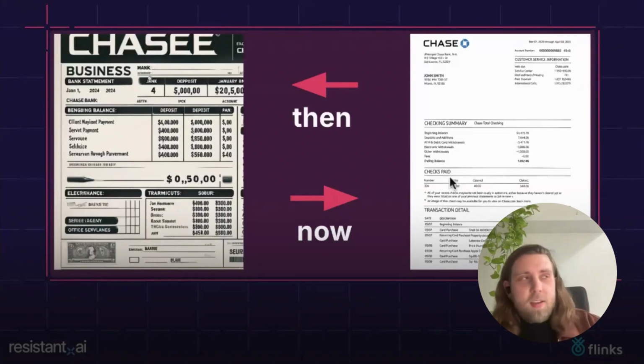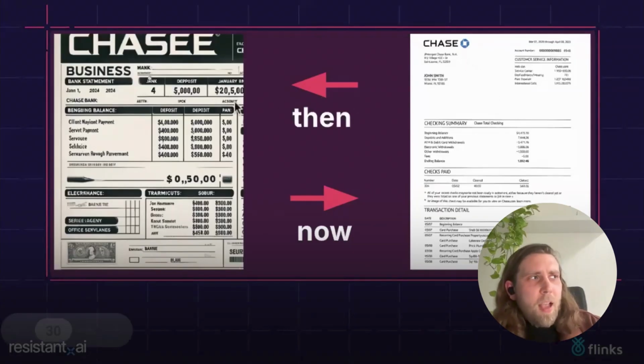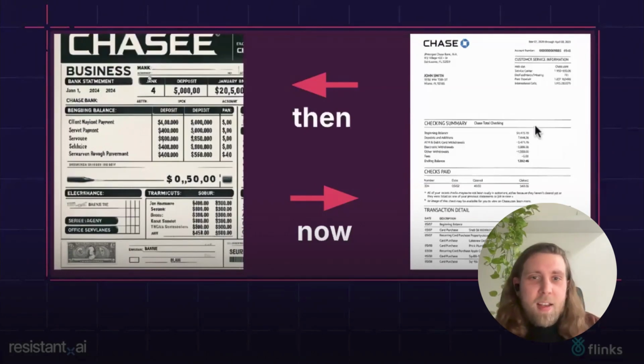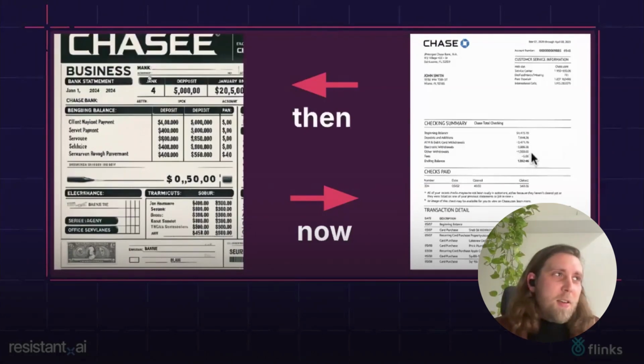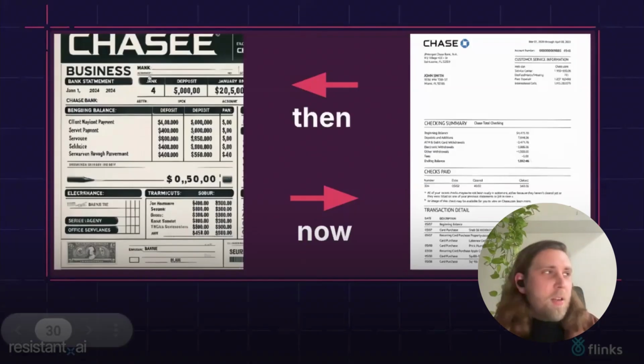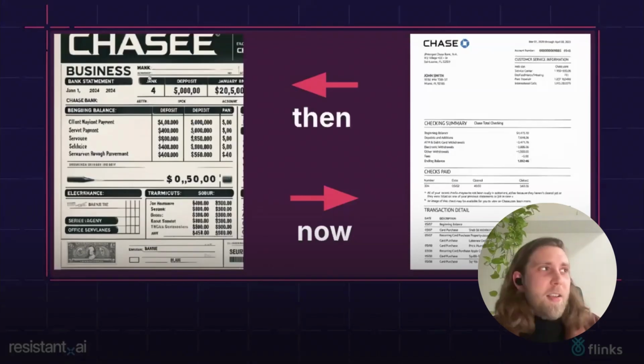If you look at the example here, this is images of two Chase Bank statements we've tried to generate with AI. The latter one is, I think, from last year, and the recent one is one that I've compiled in the last few days, right? And you can clearly see the leap that has been made in terms of how much this even looks semi-realistic. The image on the left has a clearly weird layout component. Even the name of the bank is spelled out wrong.